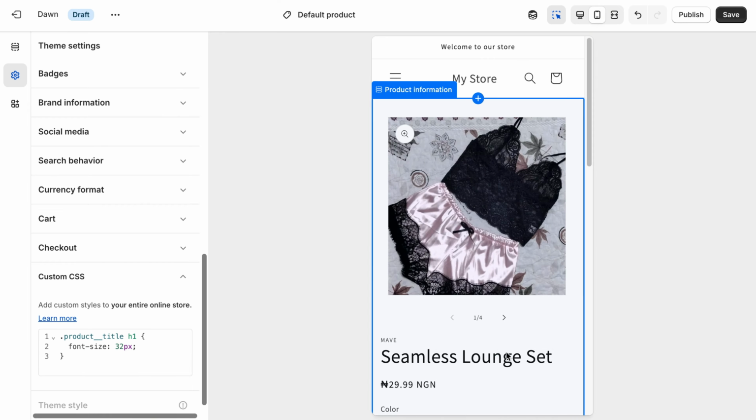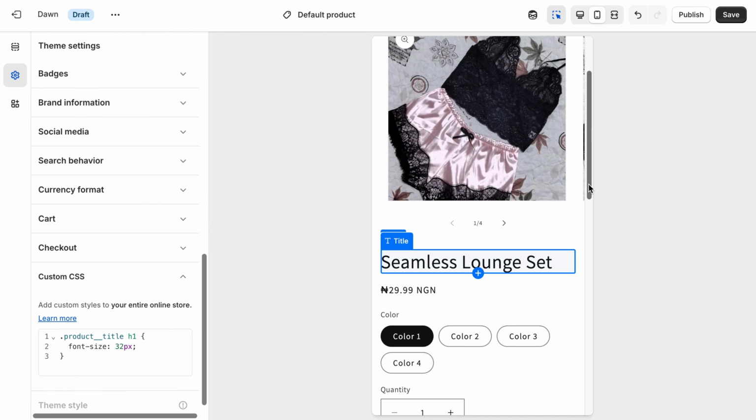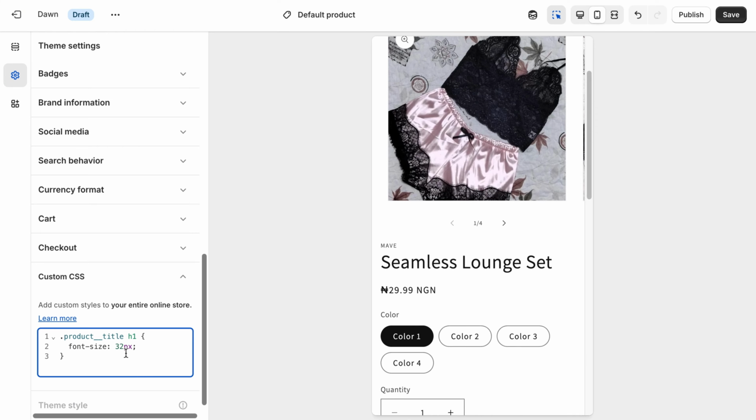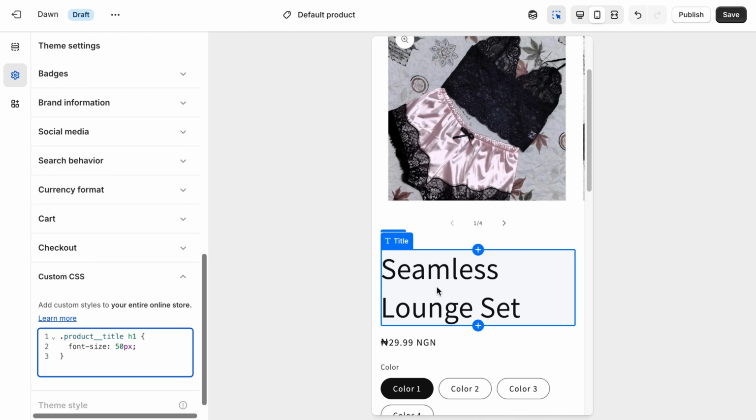This is very important in case you want to optimize for the mobile version. You can see now that once I optimize for mobile, it's actually on a straight line. So this is how you can go about doing this. All you need to do is keep changing the pixel to whatever number. If it's 50, it will be very much bigger. You can see it's much bigger, and that is how you can go about this. But maybe you want to make it 25. So